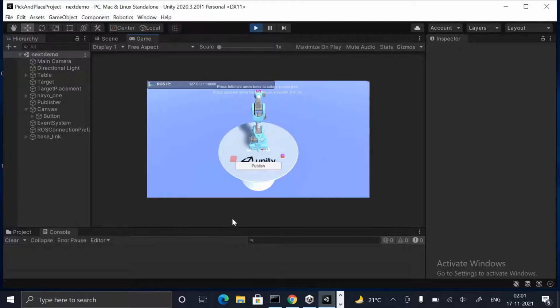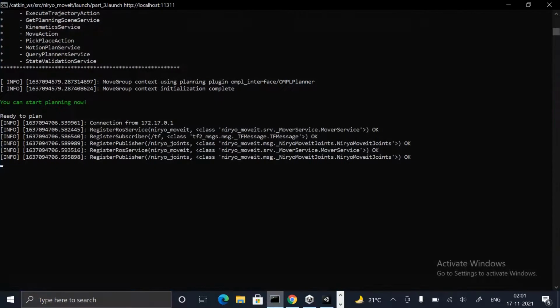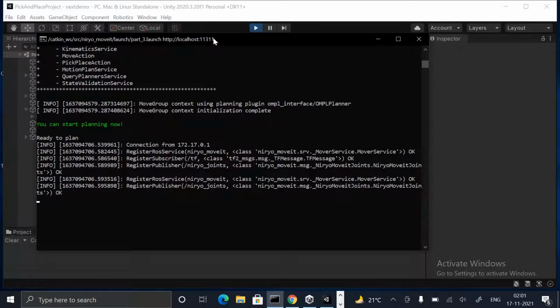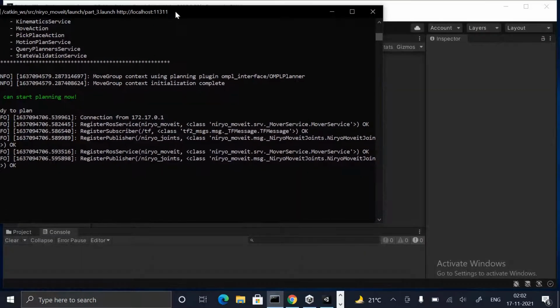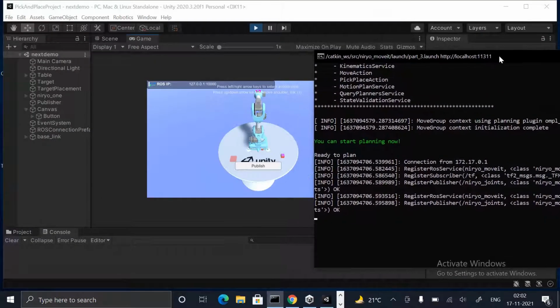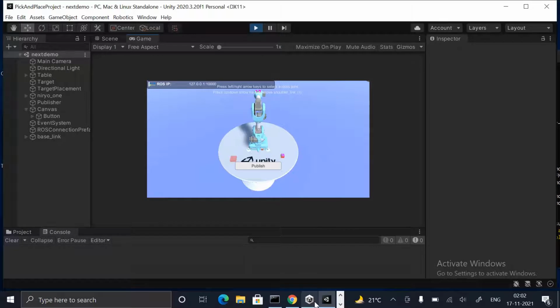Now if we just click publish, it establishes a direct connection to the Unity ROS interface that we have. Let us just have it over here. Now I will just hit publish. So you see that it has got a link to the ROS interface, and the simulation gets started.